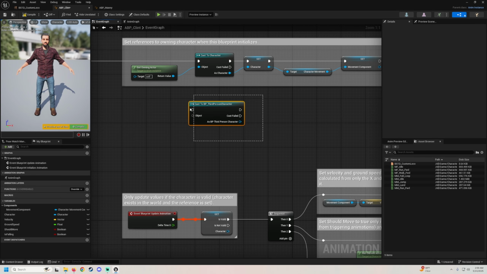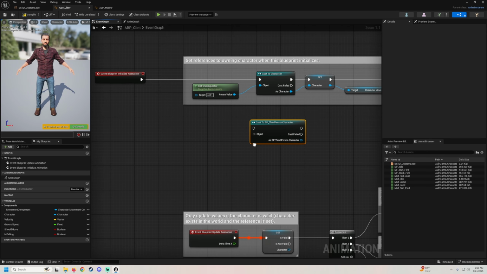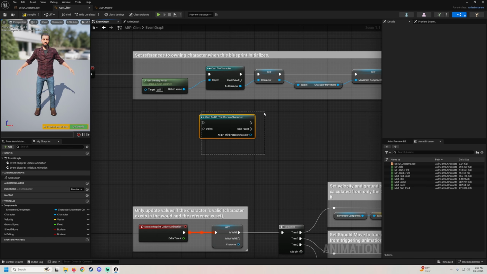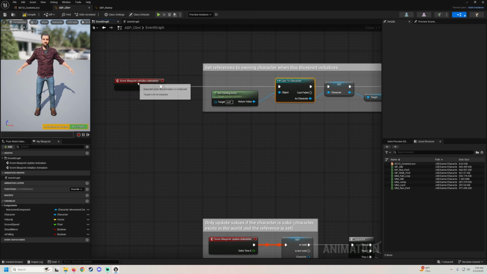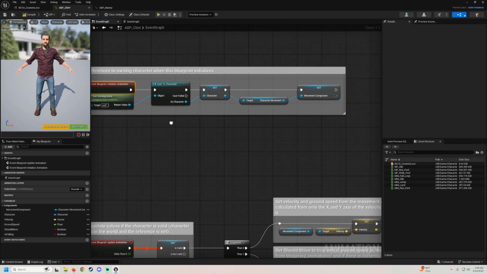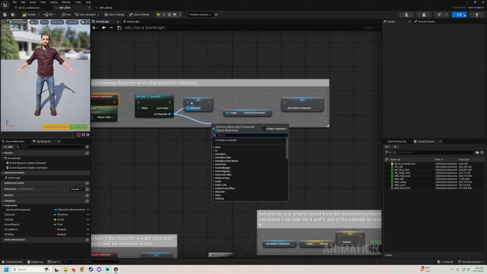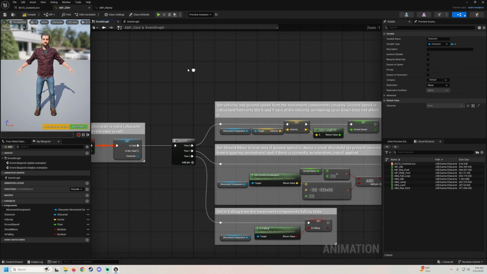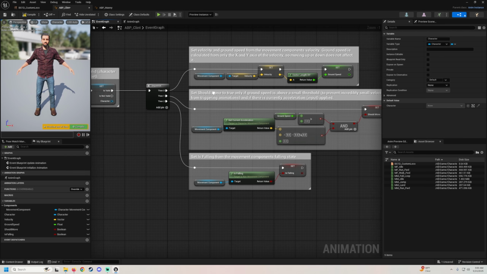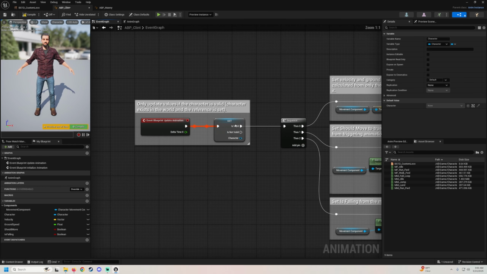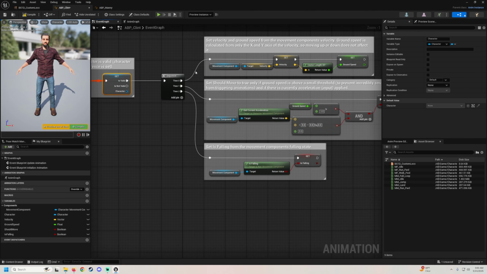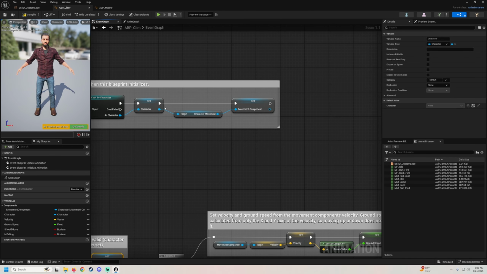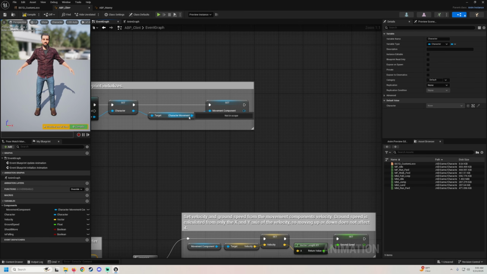We'll be going over more of this in one of the next videos, but just so you know, that's kind of why this is here. You're just getting base information from the default class. So all they do here is they promote character as a variable, and they're checking to see if character is valid right here. If it is, then it continues to do all this stuff. And then the other thing they're doing is they're grabbing the movement component and just promoting that to a variable,